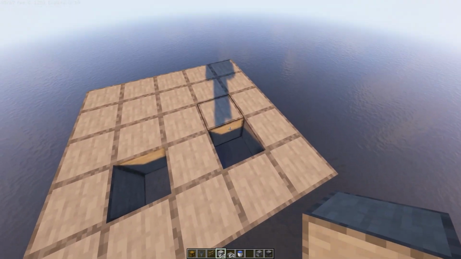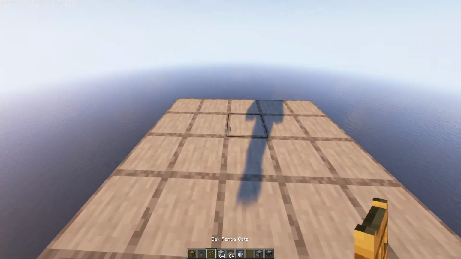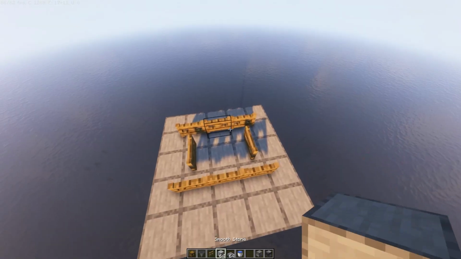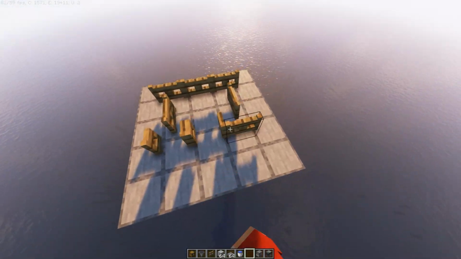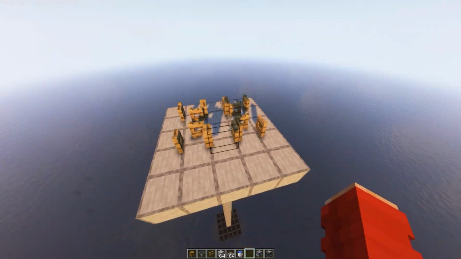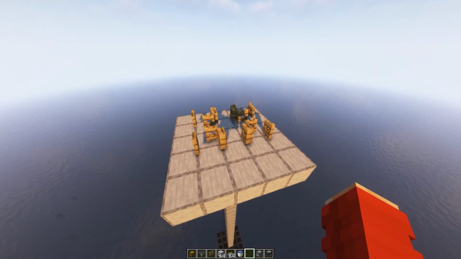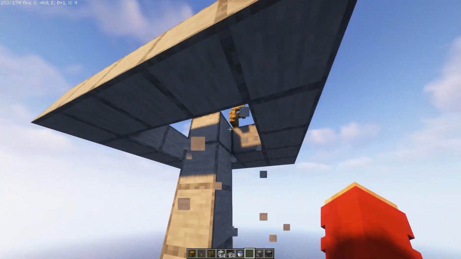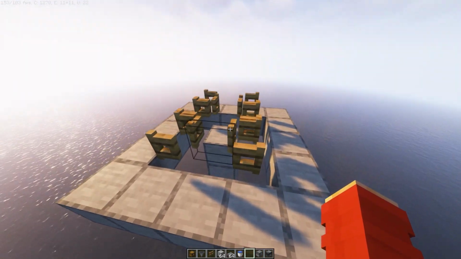And then you can fill in the rest of this because it will help with the next step, that is placing in some fence gates. Once you've placed them in, you can then open them. You can place them in whatever direction you want. I've just done it this way because it looks a little bit nicer. Once you've opened all of them, you can then come below and break all of the blocks below the fence